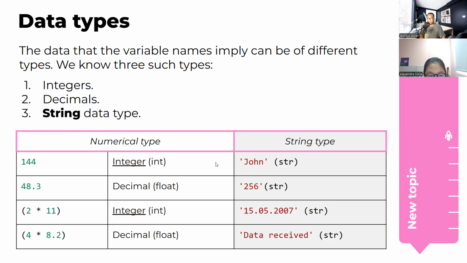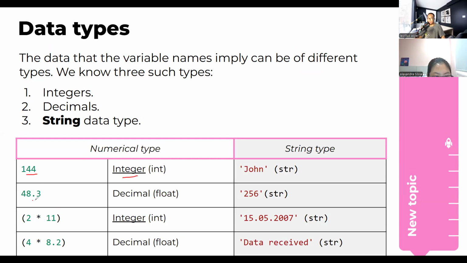The first one is the numerical type, which is integer. It is always called INT, as the abbreviation. And you can see that this is the whole number. So every whole number is an integer. And if you have a dot like this, it goes into the second category, which is decimal, or maybe you and I commonly call it float number. So it's always going to be called float for the data type of decimal. It's not decimal, but float, okay?